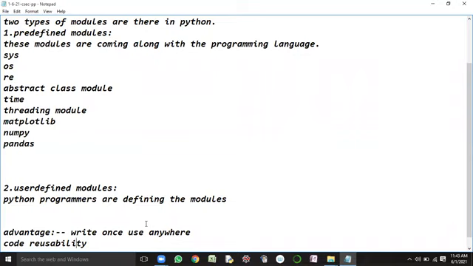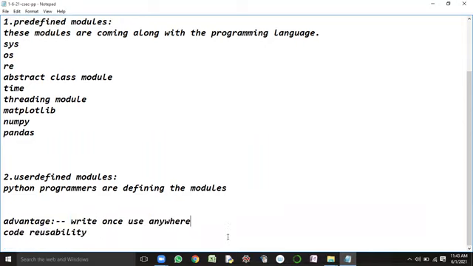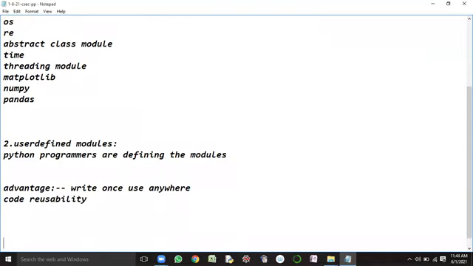Such code reusability is available with the concept of modules. Write once, use anywhere. That's the concept of code reusability, isn't it?